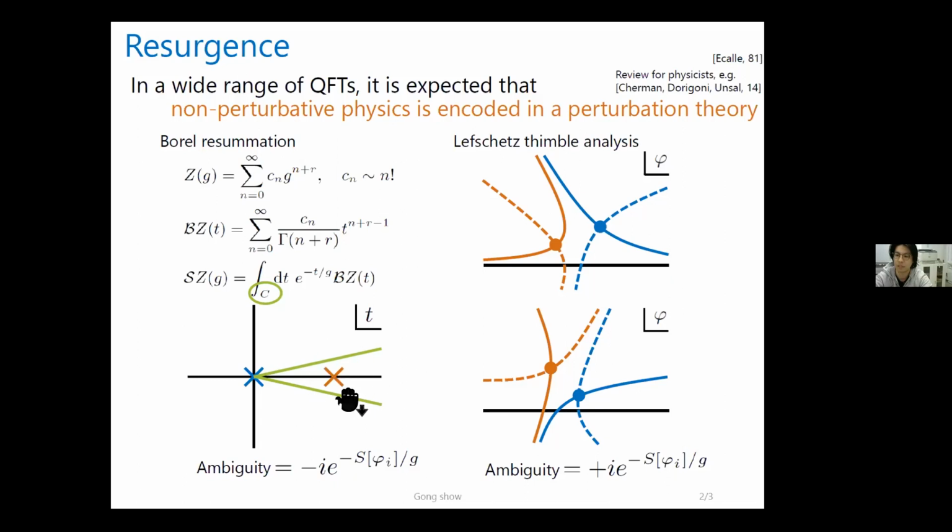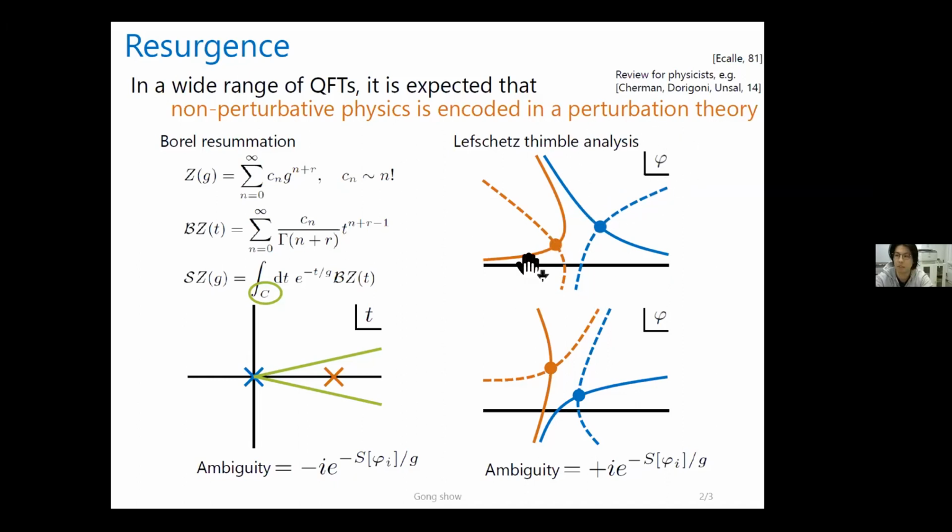This is because of the existence of the Borel singularity. The ambiguity typically has a form like this. It depends non-perturbatively on the coupling g. What's the physical meaning of this? The answer resides in the Lefschetz thimble analysis. Consider a path integral of a complexified theory. The Lefschetz thimbles are the steepest descent contours of the theory, like this. If we